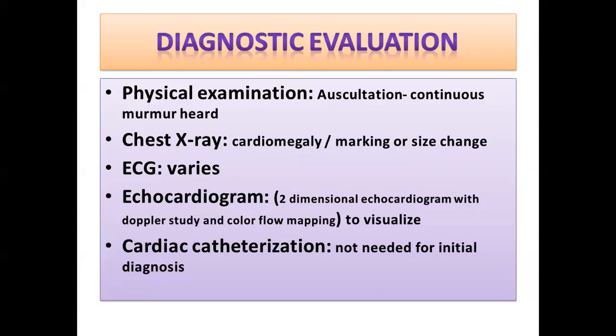Chest X-ray is going to show us the enlargement of the heart, or there may be variation in the size of the heart. Then pulmonary markings and valvular stenosis markings will be present, so that will be easily identified in the chest X-ray. Then the ECG reading will vary; it may show ventricular fibrillation, or atrial fibrillation, or variations in the rhythm.